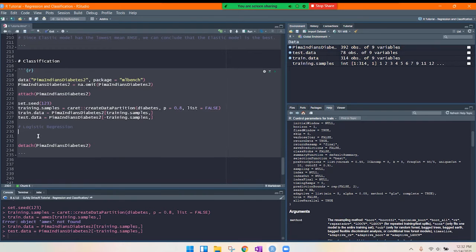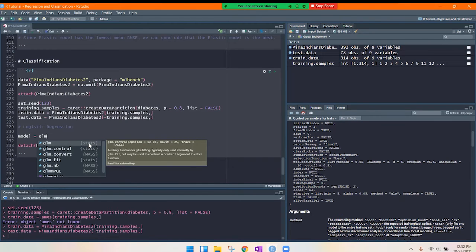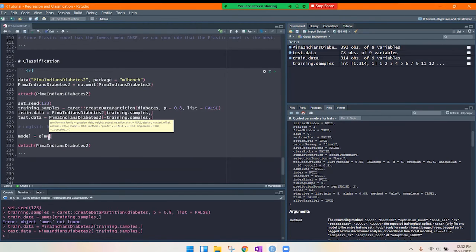So logistic regression works in a very similar way to the normal regression using the LM, but there's just a minor difference. So we'll create a model, and this time we are going to use a function called GLM. It's from the stats package, so it's already there by default, and no package is required for that. Basically this is similar to the LM, so whatever you're filling in is going to be similar to the LM part. So this is diabetes